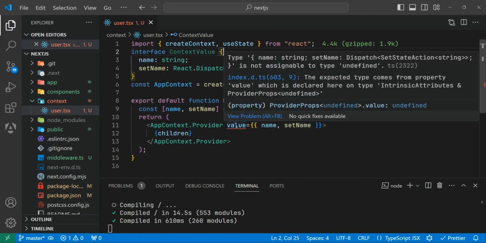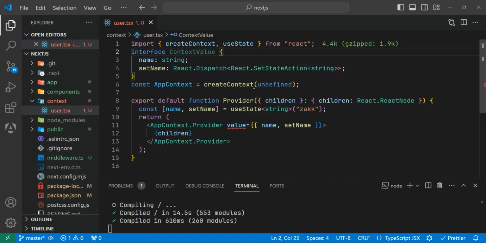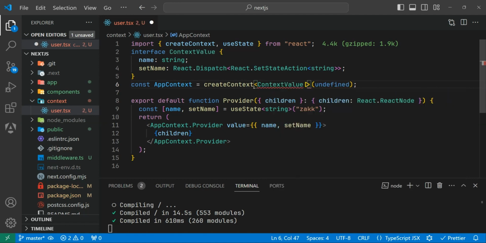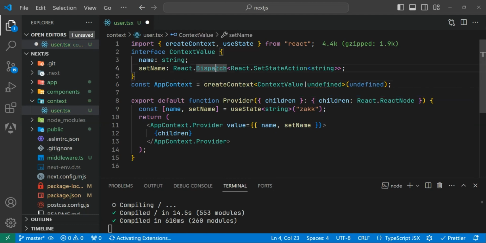Now it is still private, but now inside this create context we can define the value, so we can wrap this like this, and we can give a context value or undefined. Now you can see we can wrap this element inside any element, and we can pass this name and set